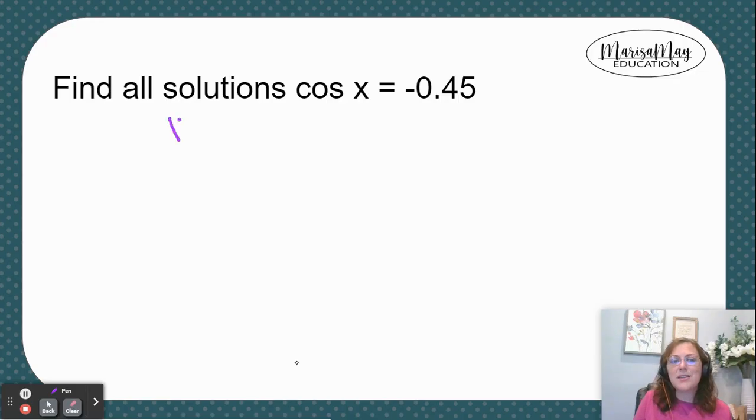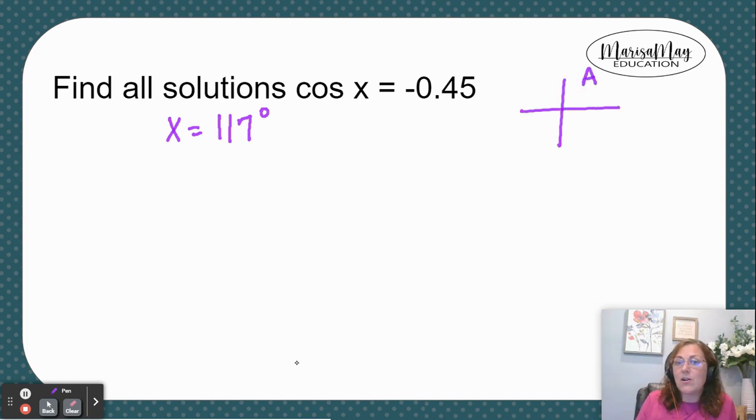So Desmos was nice enough to tell us that one of the answers is that x is 117 degrees, but that's not the only one. Just the calculator's not able to tell us both of the answers. It can only tell us one. So I want you to think about where cosine is negative. If you use the phrase, all students take calculus to help you remember where the trig functions are positive,